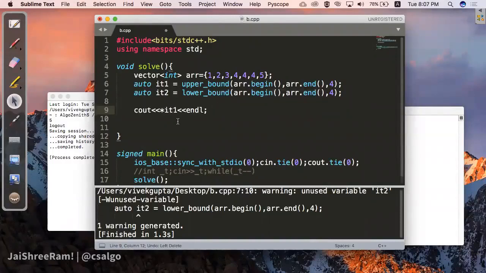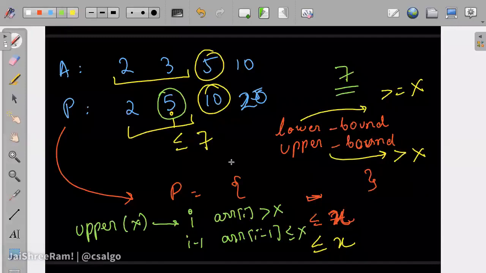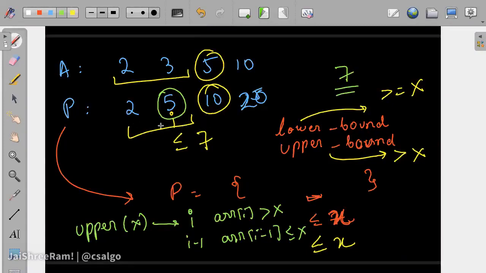So from this you can use the values if you want to. In this question we had to find the number of... let me quickly talk about one more thing. In this question, finding this index works, but we can also find the number of elements less than or equal to 7. That's also a potential solution, right? Is it clear to everyone that if you find the number of elements in this prefix sum array less than or equal to 7, we are done with the answer? Because that's like counting these many elements. Is this clear to all?